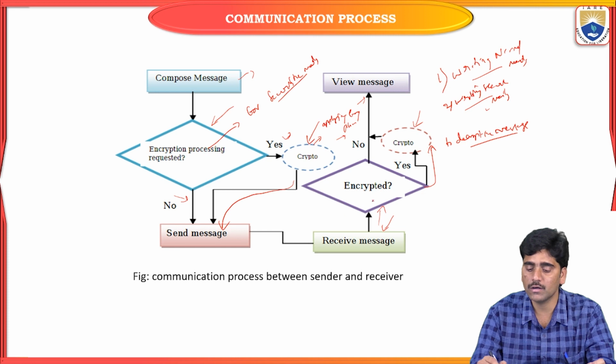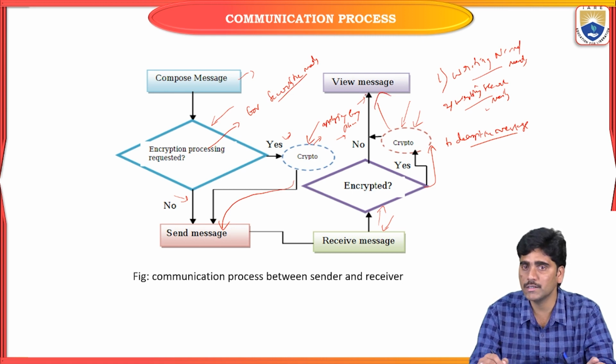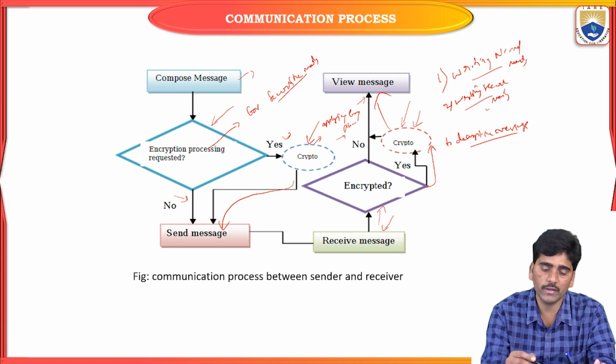Now the mail has been received by the receiver side. Now the receiver wants to see that message. So before seeing that message, he has to apply cryptographic keys, which are symmetric keys, the private key. After applying this cryptography mechanism, he can see that message content. So this is the way of writing normal mails as well as secure mails.